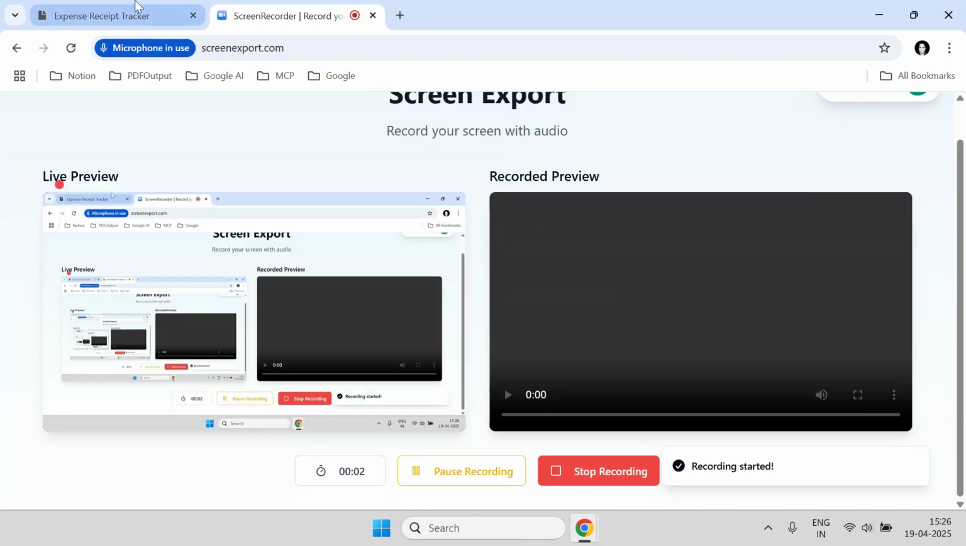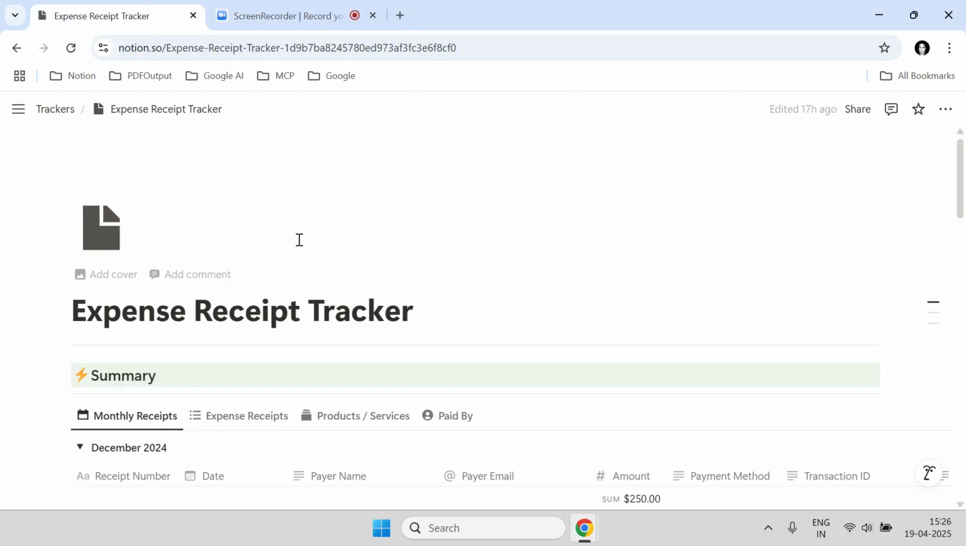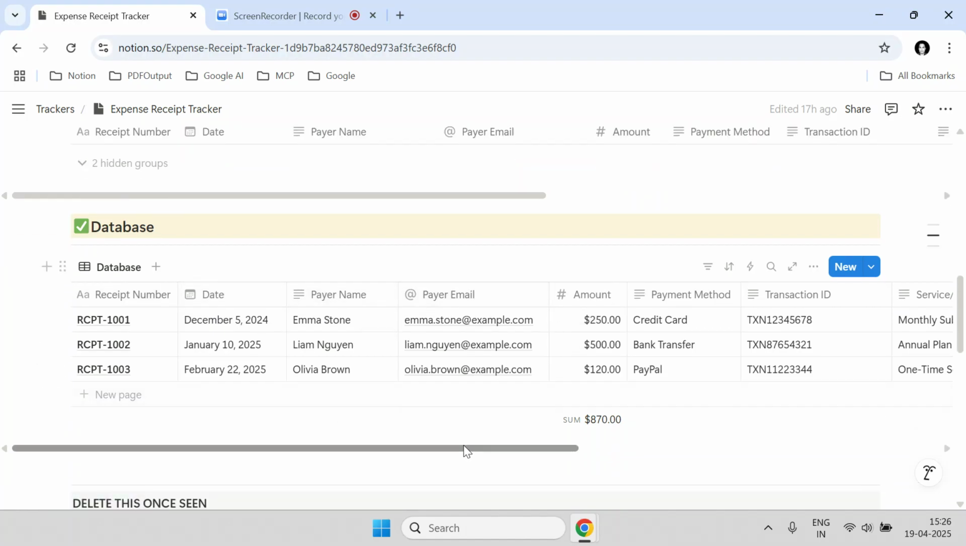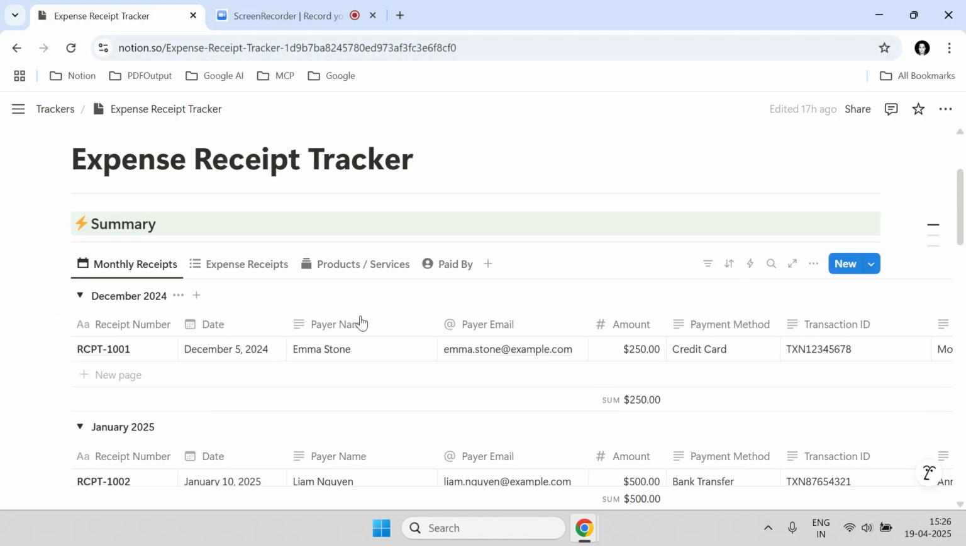Hi, so today we're talking about expense receipt tracker. If you see, this is a simple database which I've created at the bottom, which has all the expense receipt details, like we have the receipt number, the date, the payer name, the payer email, and other relevant information added over here. And if you see the database on the top, we have summarized this database into four different